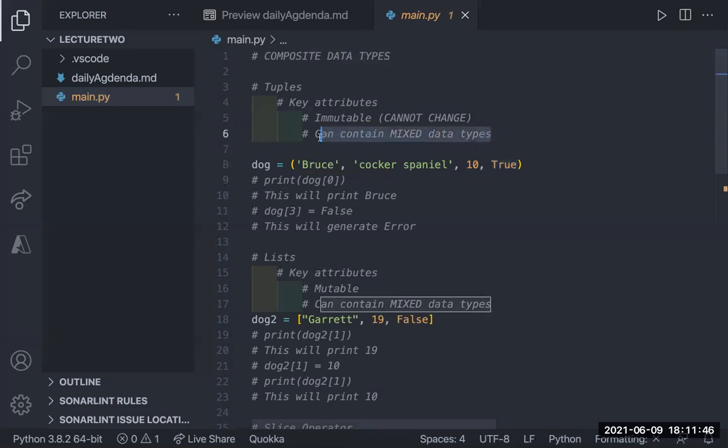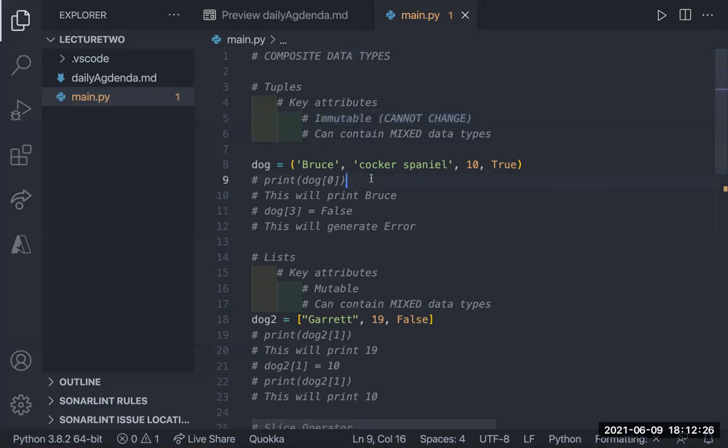Cool. So there are some key attributes of tuples. First off, they can contain mixed data types, meaning it doesn't have to be all strings. It doesn't have to be all numbers or all Booleans. As you can see here, I've got a string, a number, a number, and a Boolean. That's really cool. The other kicker about tuples is that a tuple, once declared, is immutable. It means it cannot change. You cannot redeclare it. You cannot reassign any sort of value to a tuple. Once you put it in a tuple, you're done. That's all you can do, right? It is there. You cannot change it.